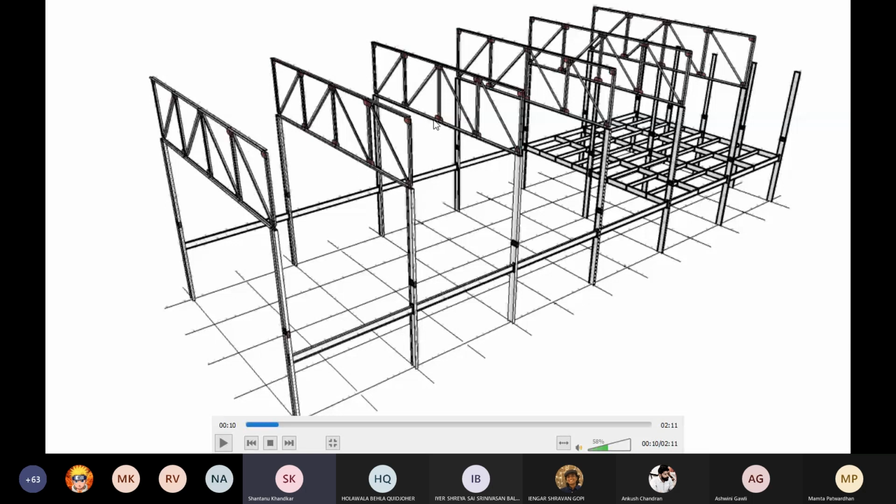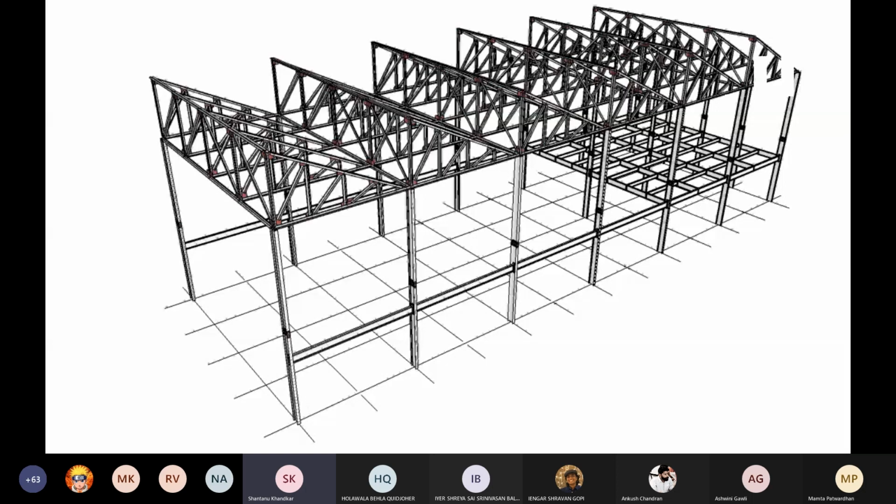These lattice girders provide the location where the north light trusses can span. These are the trusses that form the roof. Here they span across these columns, so that's fine. But in the middle, since there is no column, they span across these girders. So in simple words, the truss is resting on the girder, which is resting on the column.